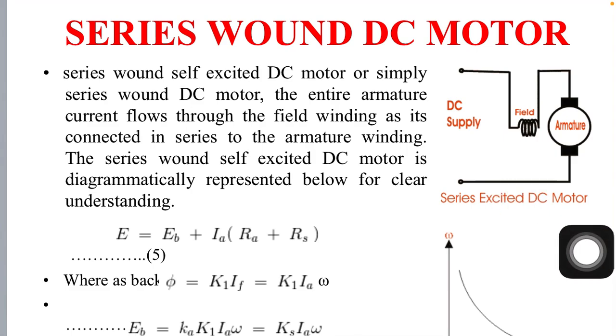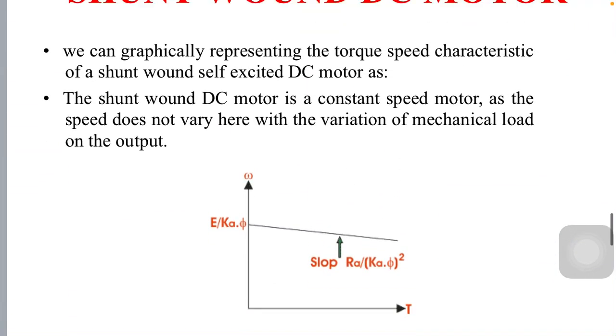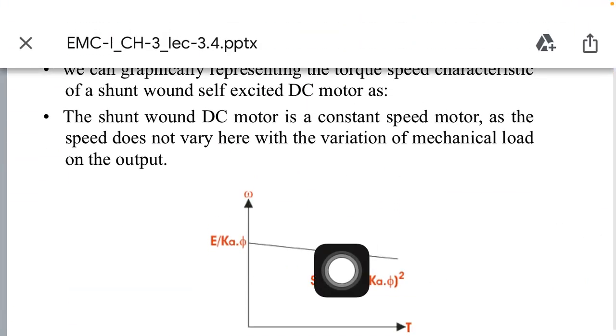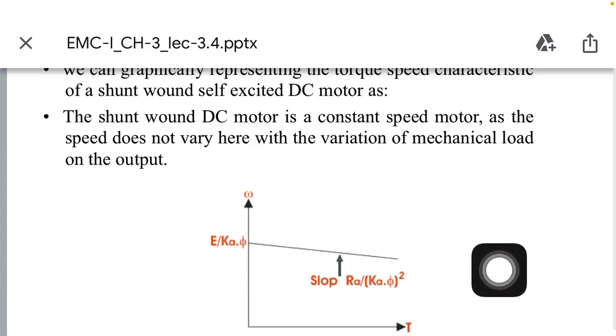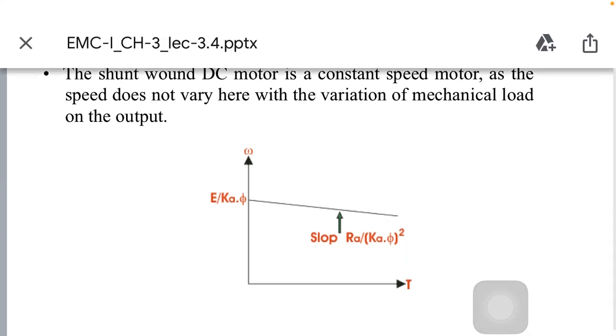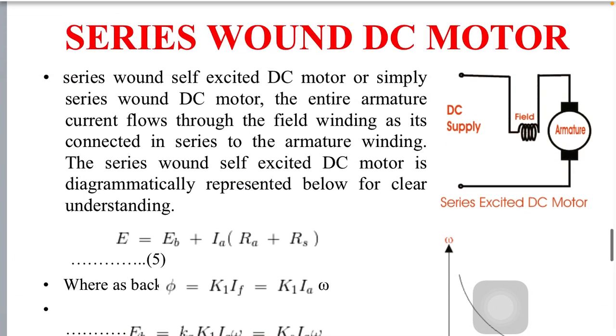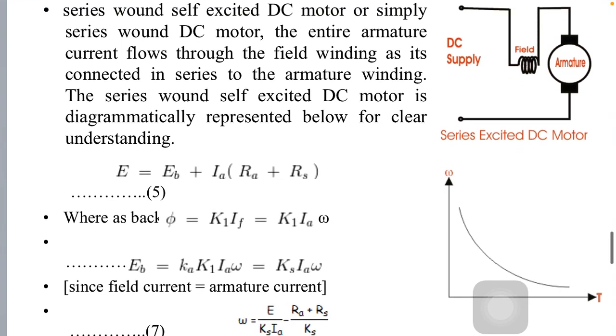But characteristics wise, in a series motor, if my load is increased, my speed is decreased. That does not happen over here in the same way. It will be decreased, but not gradually; it is only a little bit decreased due to the drop. So for constant speed, it is a DC shunt motor. For high torque, we can use a series motor. A series motor has a non-linear speed torque characteristic. Speed torque is always non-linear. Remember that.